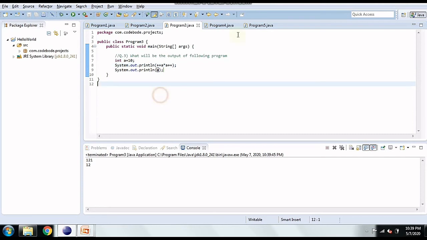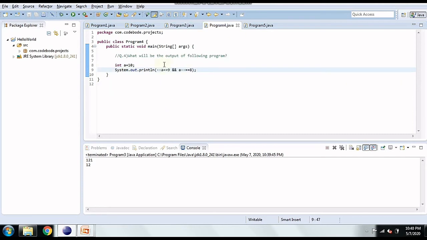Let's see program 4. Again, what will be the output of the following program? Here we have a logical AND operation. So the output is going to be either true or false depending on the conditions. a equal to 10. In the first condition, --a, which is pre-decrement, will decrement the value of 10 to 9. So 9 equal to 9 is going to be true. So true and.